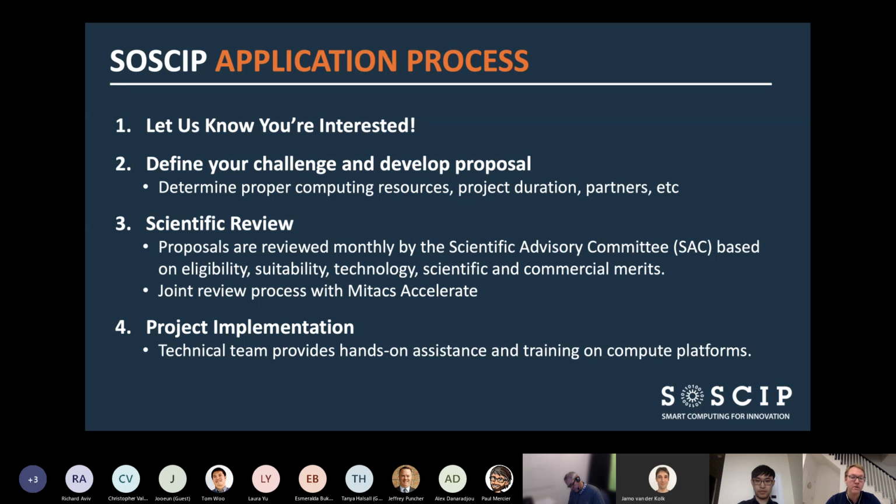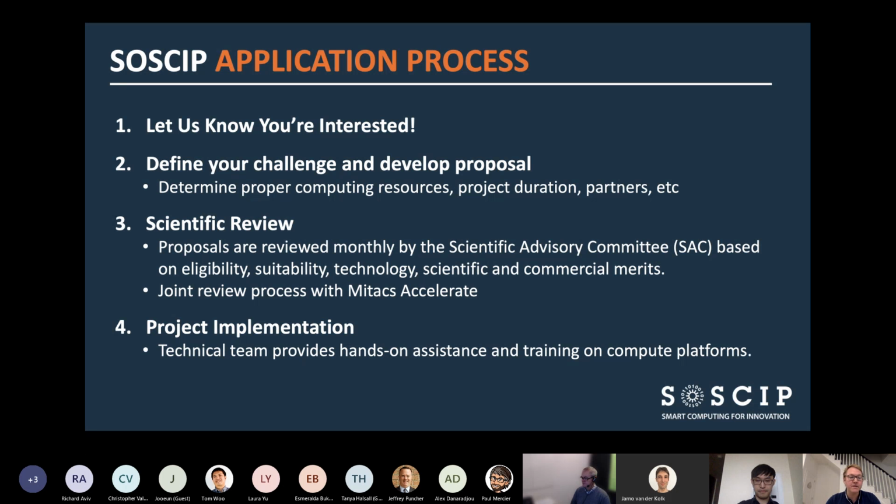This really falls under anything related to Mitacs, the Accelerate program. So for startups on campus, if you're under the entrepreneurship program, we can work with that. Mitacs launched, I think this week or last week, the new industry PDF proposal, open until the end of November. So if you're looking at supporting a postdoc on a research project with a commercial partner and you have the need to add on computing, definitely reach out to us, because we do have joint application processes for all of these programs, to streamline and make it as efficient as possible for our researchers.